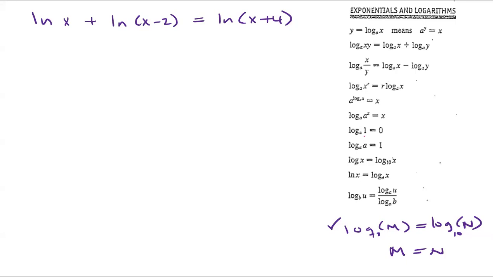Okay, so again, I want to apply the two rules that we just mentioned. So this one on the left side, we have ln of x plus ln of 2x minus 2 equals ln of x plus 4. Again, all the bases here are going to be e. And again, if it said log, it's the same thing. If it was just regular log, the base would be 10, unless they change it. Anyway, since all the bases are the same, then I can apply